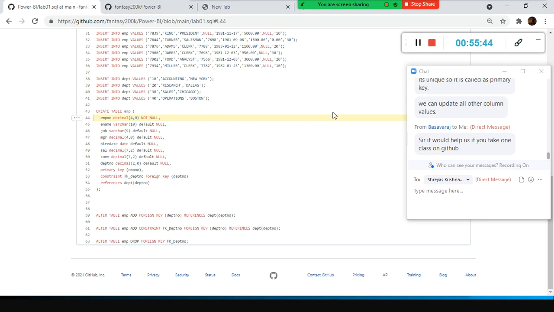If it is not there, what will happen? It throws an error. So first you need to load the dependent table and then this table. So now you understood there is a dependency, and this is what we need to take care of as part of the ETL process.